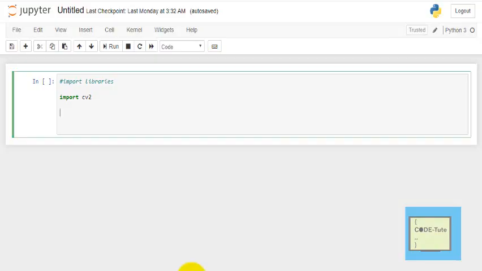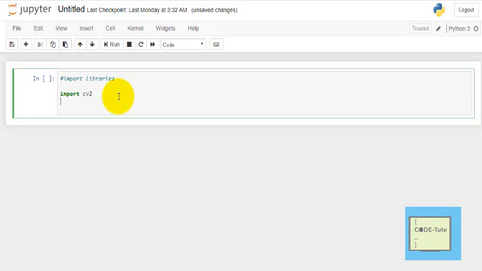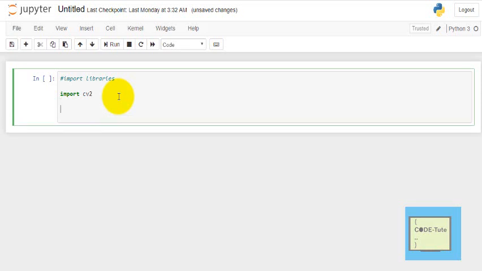Coming back to the code, now let's load the classifier. To load the classifier, first create the object, which is cascade_face, and then use cv2.CascadeClassifier, and here you have to provide the path.